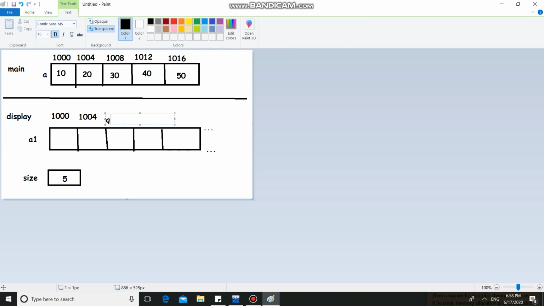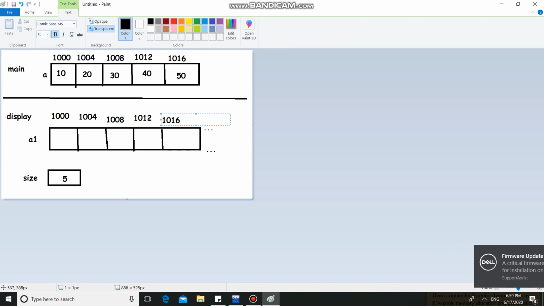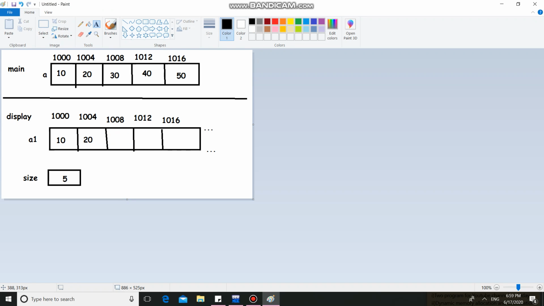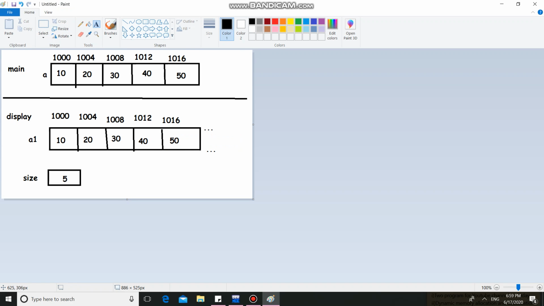As the addresses of both arrays are the same, all those values will be reflected in this formal array.